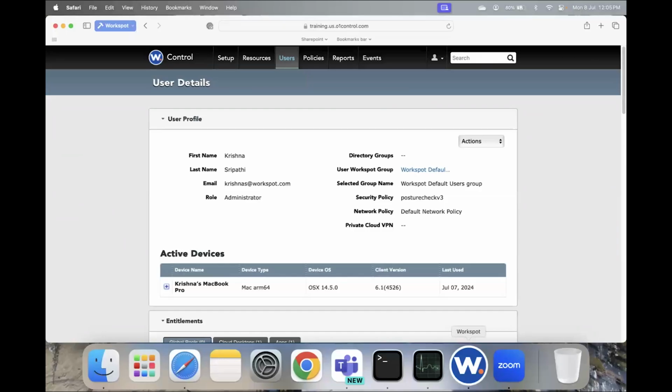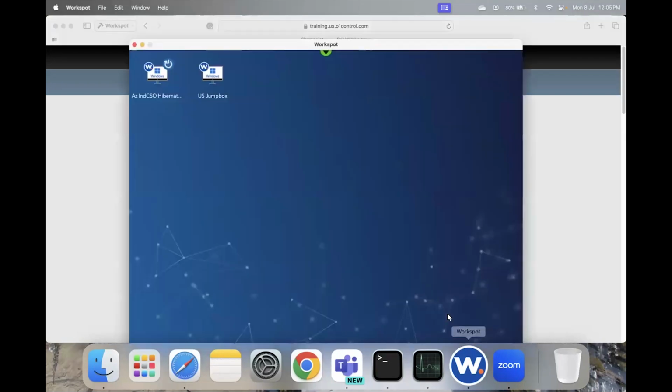Hello everyone, today we're introducing the new Mac Posture Check feature. Now available starting with Workspot Mac Client version 6.10. This feature allows admins to control access to Workspot resources based on the Mac OS version, which is configured through